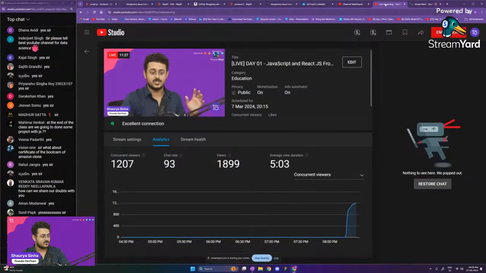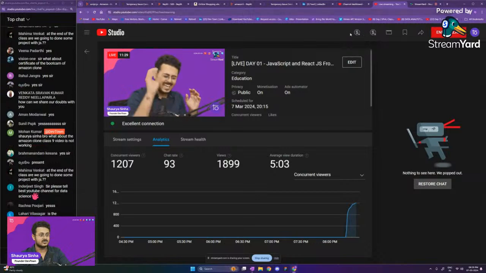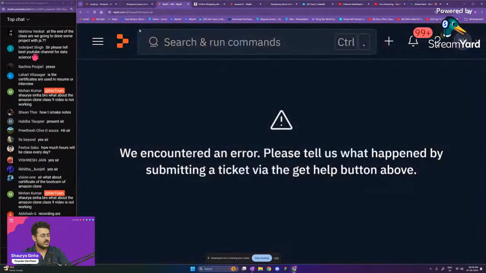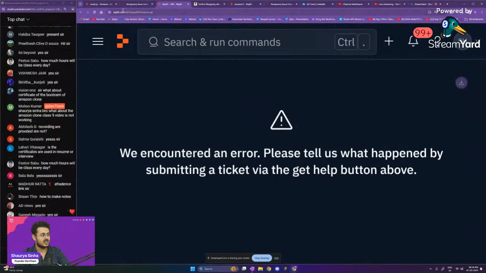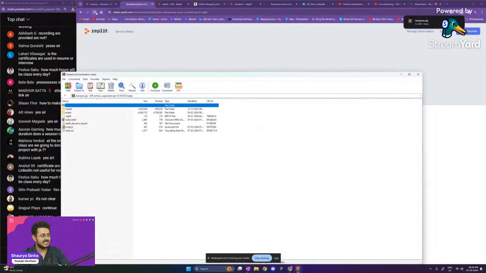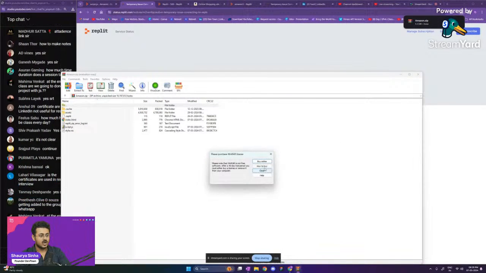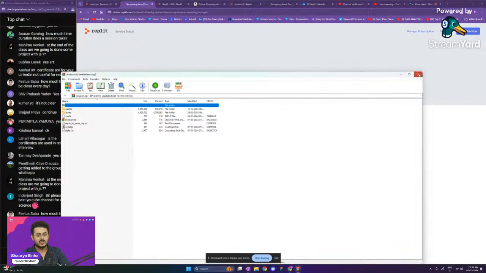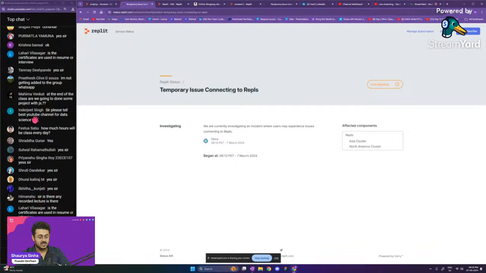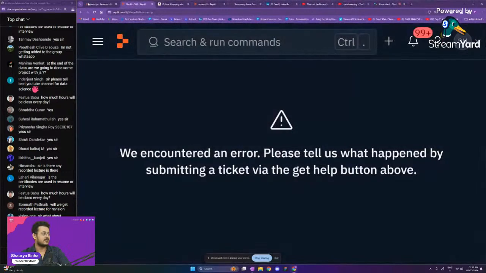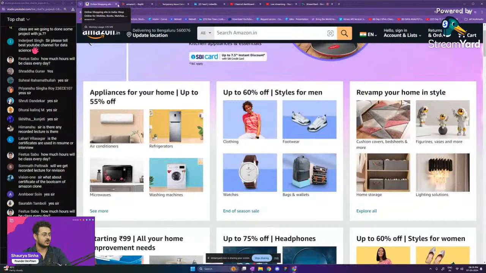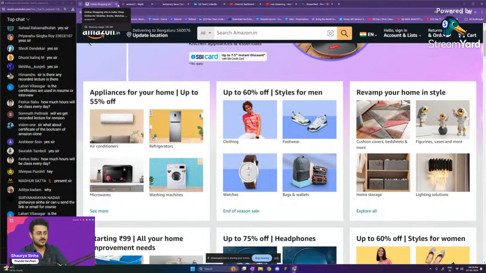So everything is visible to you guys. Let's get started with the class. We are not going to use Replit in today's class. Please try to understand something. Many of the students who are currently attending this class do not have a laptop or a desktop. Not everybody is lucky enough to have one. But everybody has a smartphone. Otherwise, how are they able to look at this bootcamp that is currently going on?